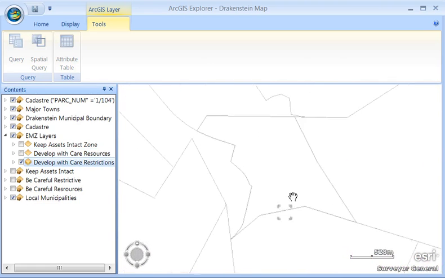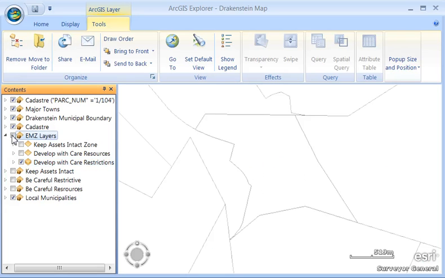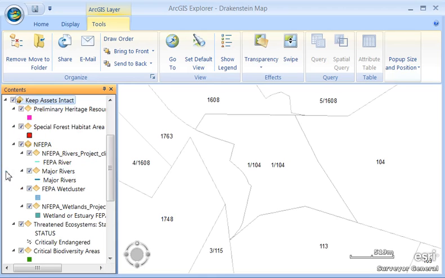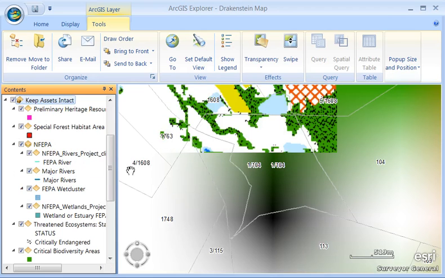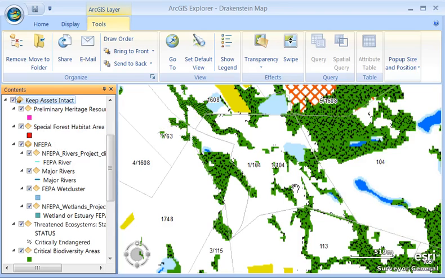Okay, so now the user has got a way of zooming to his property and then seeing which layers intersect, getting a link to the conditions in your documentation, and now they can also have a look in more detail at the particulars about that property by turning on one or two of these other layers here. And this is, like I mentioned, exactly how it appears in the report. This takes a little while to draw because it's accessing each of these layers separately and then attaching some kind of color to them. So it is quite power hungry, but most people's machines should be able to handle this,